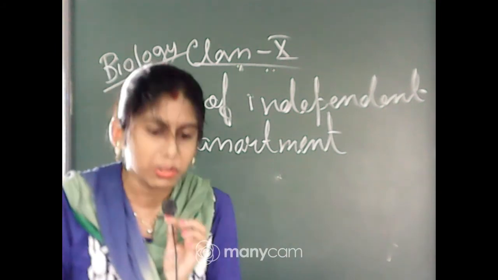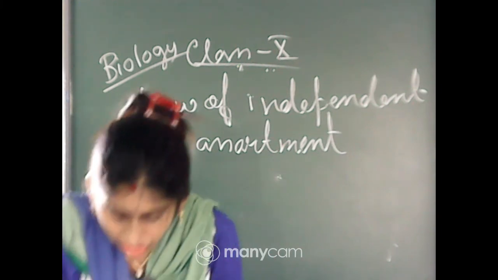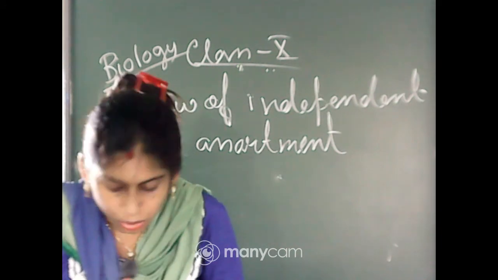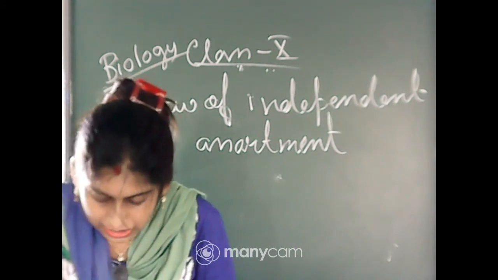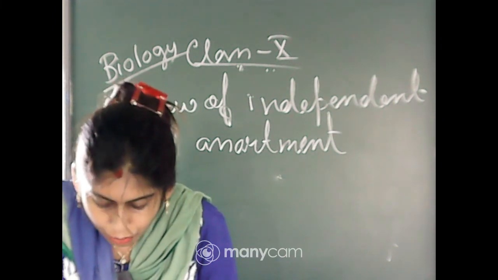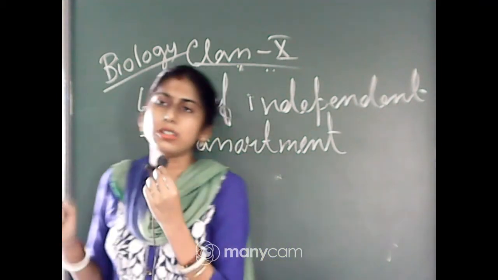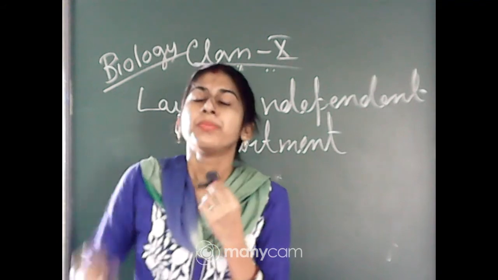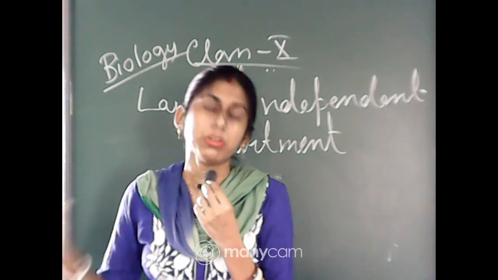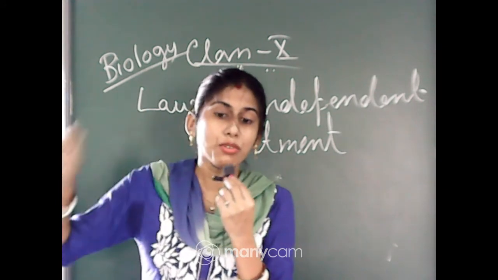From this example it will be clear to you what Mendel concluded: the round form doesn't always remain with the yellow, but it can combine with the greenness as well. Similarly, the wrinkled form can go with yellowness. As we are starting with round yellow and wrinkled green, at the time of separation or formation of gametes, ultimately when we get the genotype, we can see that we are getting 4 possible combinations.